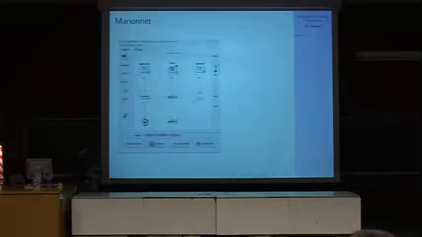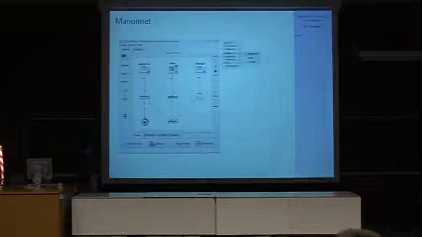And here is the Marionnet interface. As you can see here, I'm sorry I have to look, but I have to point. In the center, we have the network sketch, which is an always up-to-date image of the network topology. And on the left, we have buttons that allow us to add, remove, and modify devices, as well as boot, suspend,